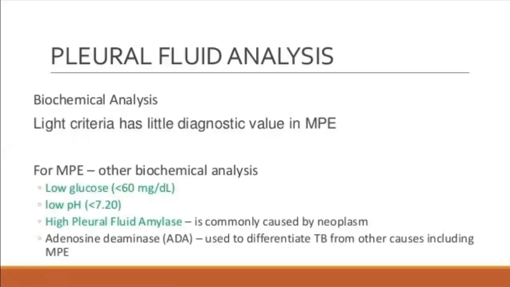So for the pleural fluid analysis, the Light criteria has little diagnostic value for malignant pleural effusion. For malignant pleural effusion, usually low glucose, less than 60, low pH, less than 7.2, and a high pleural fluid amylase is commonly caused by neoplasm. ADA is used for differentiating TB from